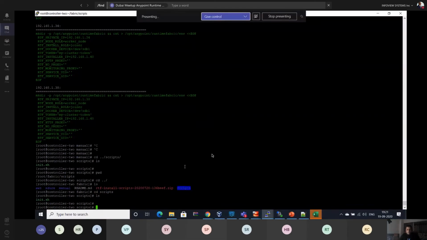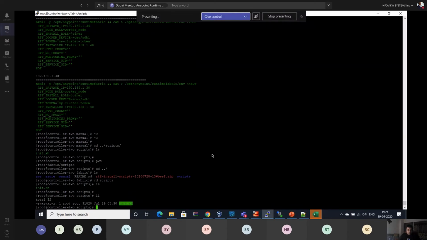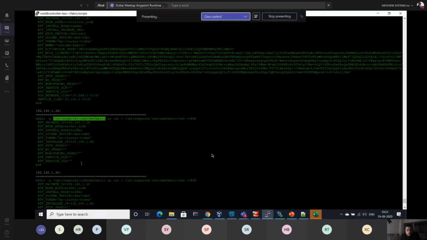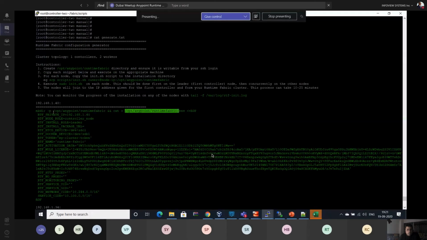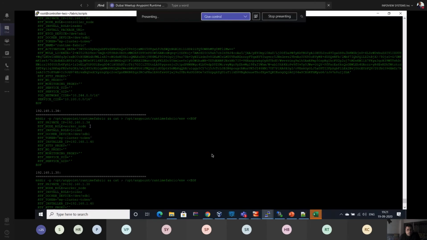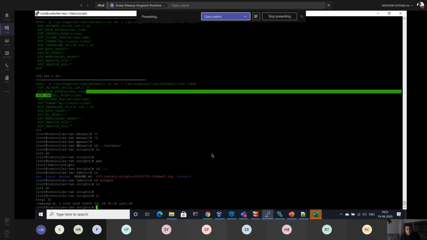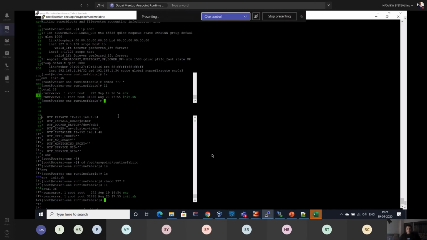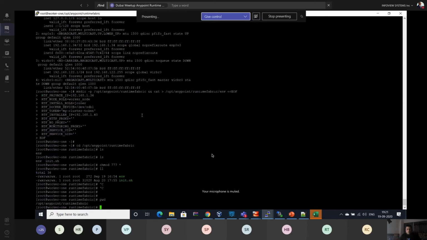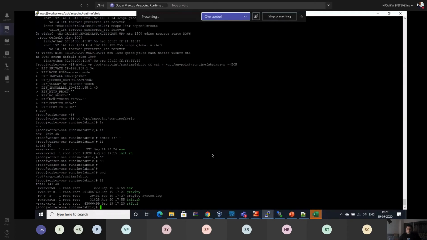You go over there, and we have to copy this file to all these server locations, like node 1, node 2. I have copied this init.sh file here as well. This is my controller node, and you can see my worker node. Once you have copied, you have to go to the server. This is the node, and you can see that the node has the init.sh file.